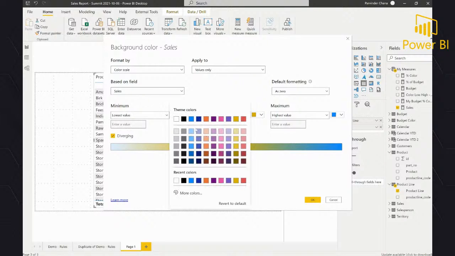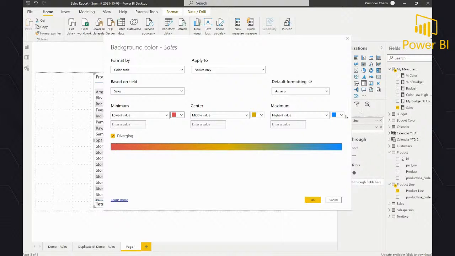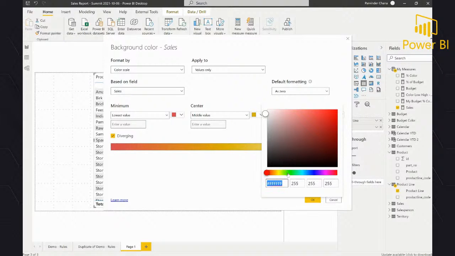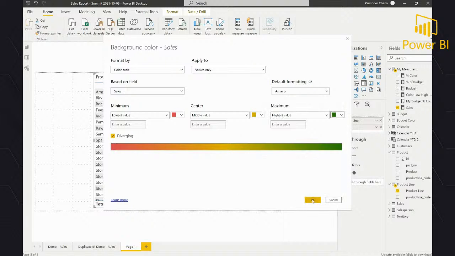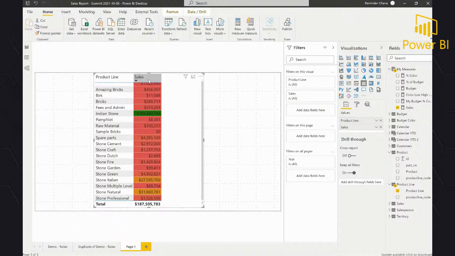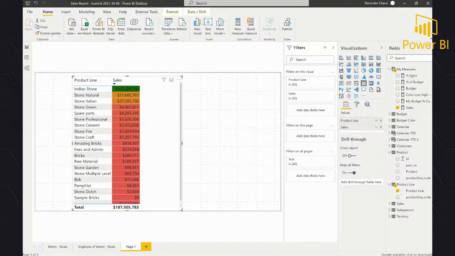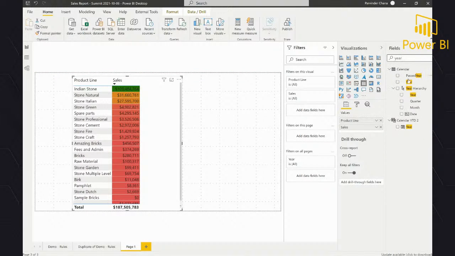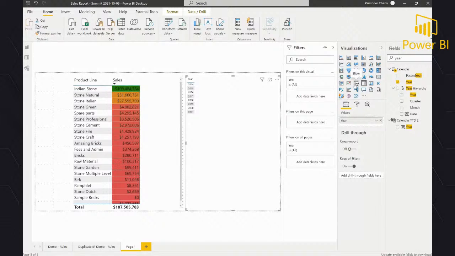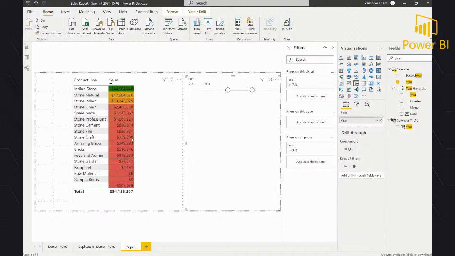So we can change it to lowest is red, and let's say highest is going to be somewhat green here. Basically it does that for us because this is the highest value. And then if I filter on something, for example, if I put in a year, and apply a filter on this one quickly, looking into, let's say, 2 years of data, this color scale is changing based on the minimum and the maximum value, automatically.